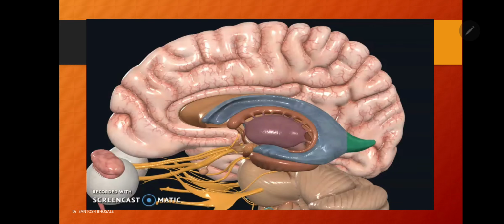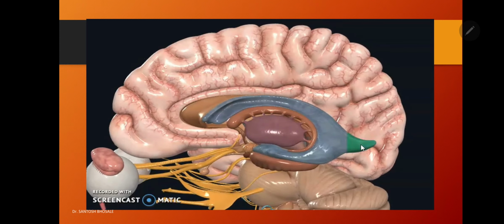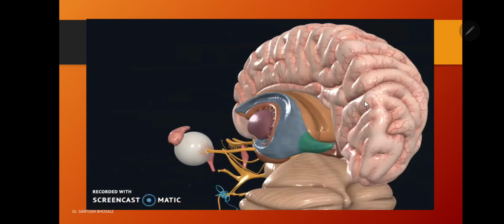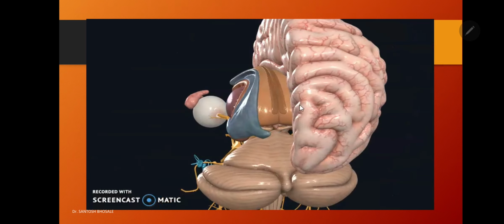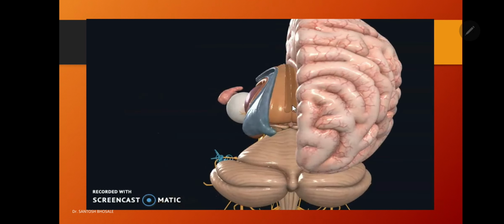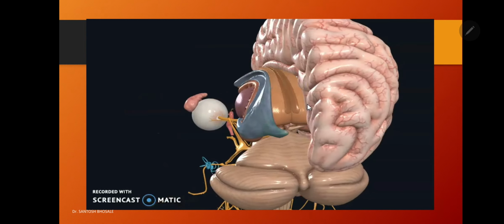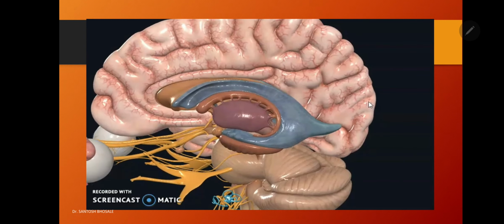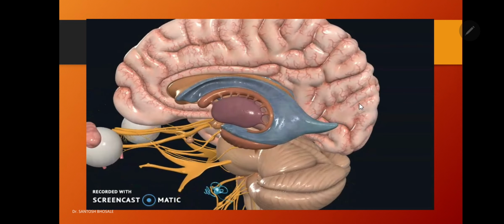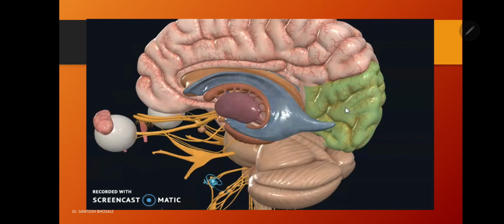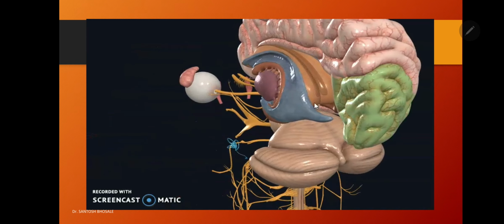So here, if you see, that is the posterior horn located in the occipital lobe, related to the tapetum of the corpus callosum and optic radiation, which form the lateral wall and roof, whereas the floor and medial wall are formed by the calcarine sulcus and the bulb of the posterior horn or forceps major. They are the parts of the corpus callosum. So that is the posterior horn.